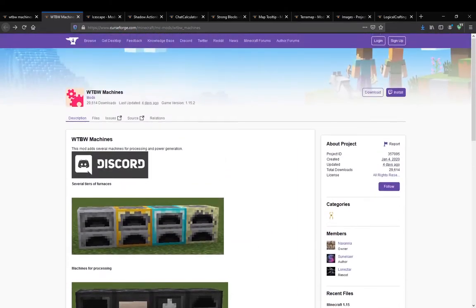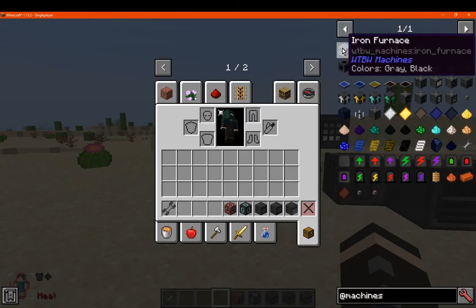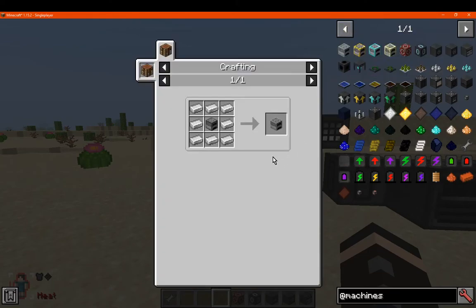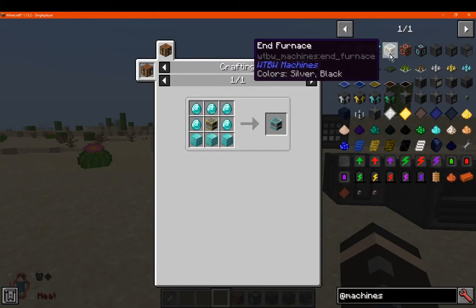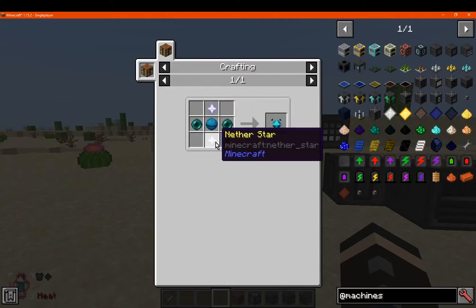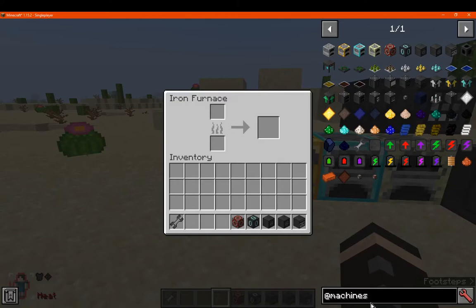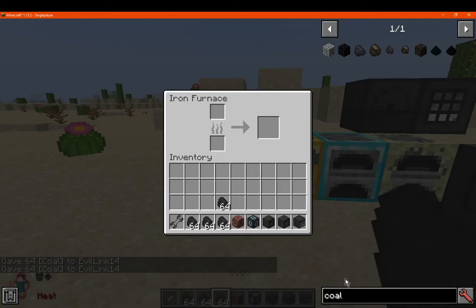So we'll just go from left to right. First we have the furnace tiers, where you have iron, gold, diamond, and N tier. And then the ender core is required for that with the following resources. We'll just put in some fuel and other elements in, and we'll see what happens between each of these and